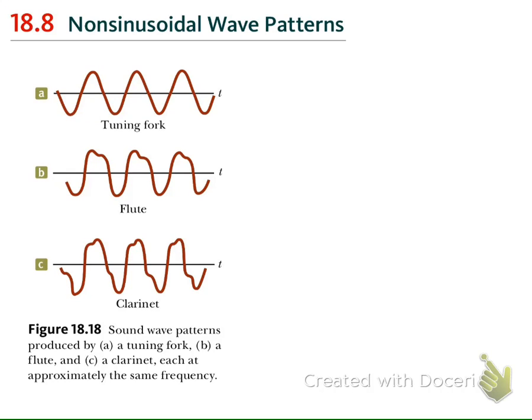Now we come to the last section of this chapter, and we will discuss the more realistic wave, that is, the non-sinusoidal wave patterns. So far we have discussed the ideal wave, the sinusoidal wave, that is, the pure sinusoidal wave traveling in time. This kind of pure sinusoidal wave can be created approximately from the tuning fork,